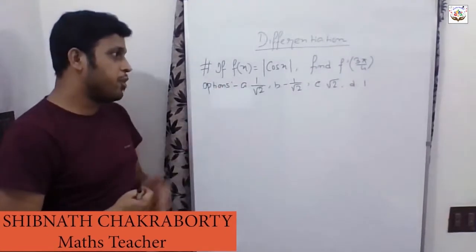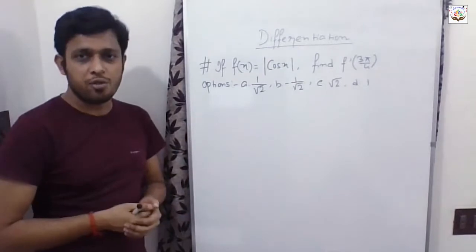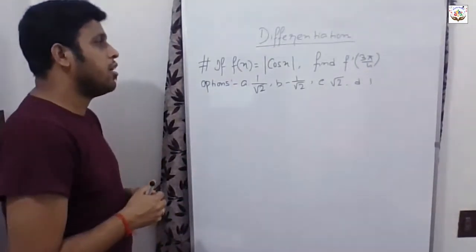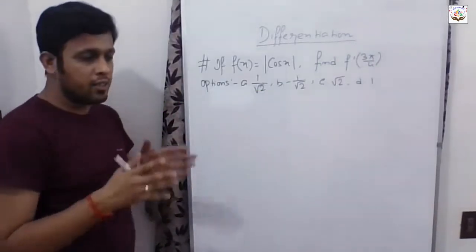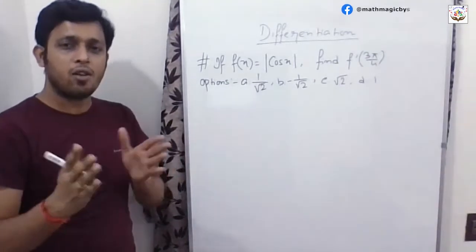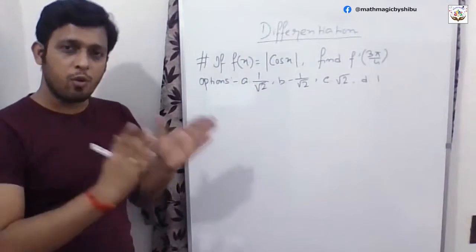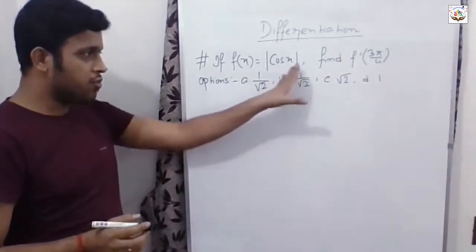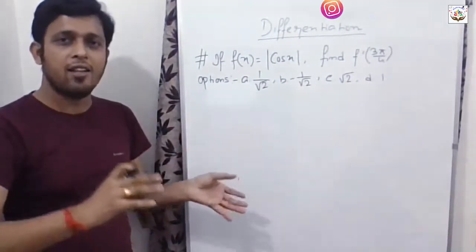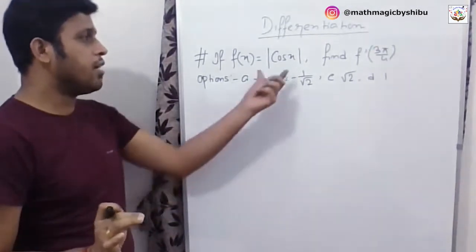This is a very simple problem, only if you know the trigonometrical ratios. What I mean by trigonometrical ratios is that you need to know in which of the quadrants sine, cos, tan, cot, sec and cosec are positive or negative. For this problem, you do not need to remember the other ratios. You just need to know that where,